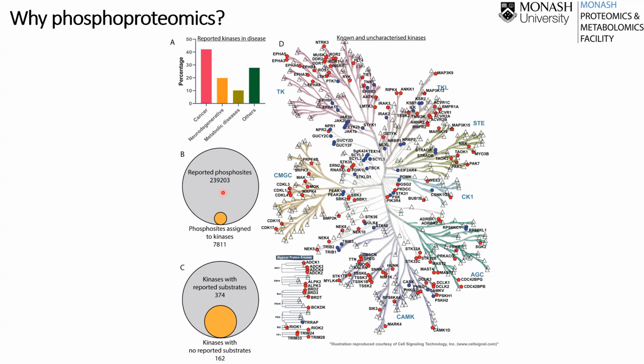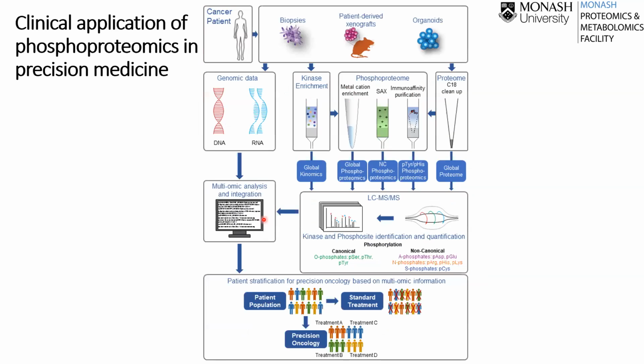And I think the more we explore, it will actually guide our decisions on how to develop, maybe, more precision therapy for cancer, for example. So how do we apply phosphoproteomics when it comes to precision medicine, or precision oncology in that case?